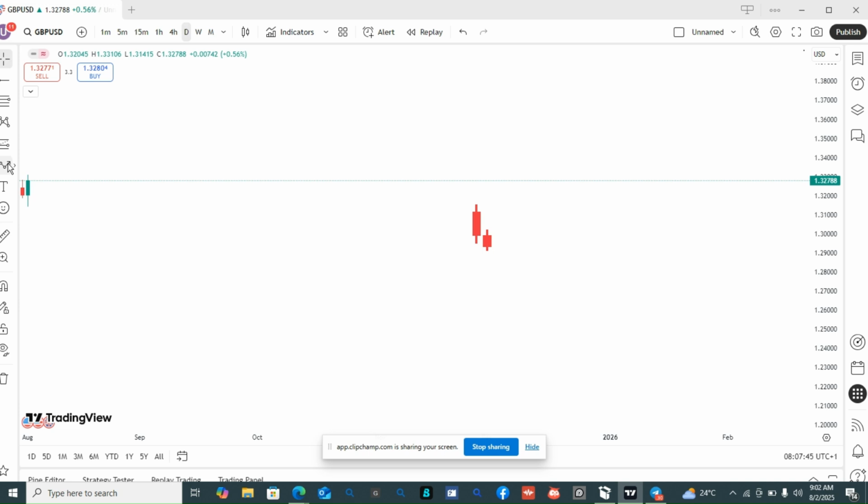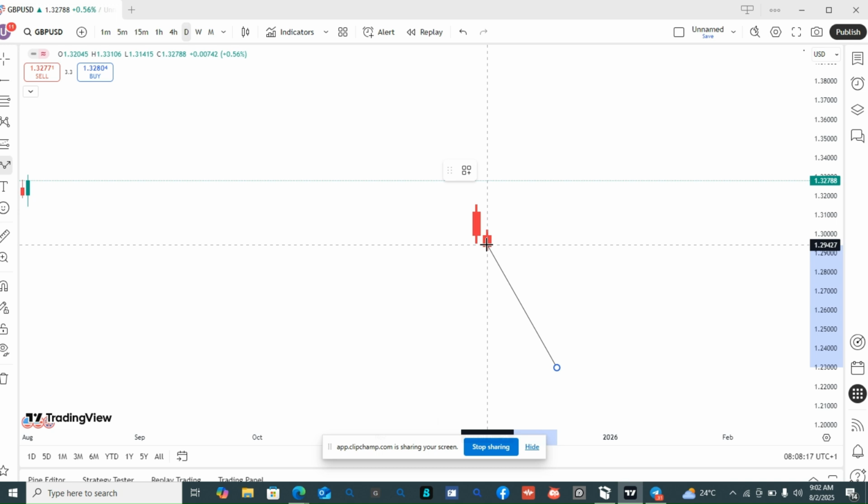All you need to do is just go to your daily time frame and observe a daily candle close below the previous day opening price. If it's a bearish candle, you'll be looking for a sell. If it's a bullish candle, you'll be looking for a buy. So in essence, watch out for a bearish engulf candle that engulfs the previous